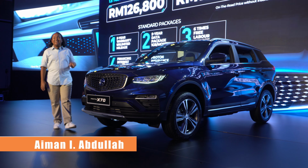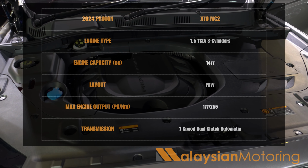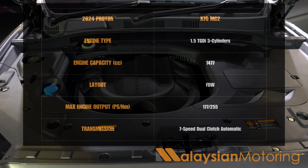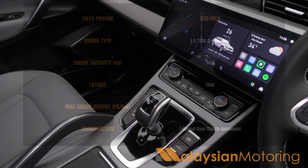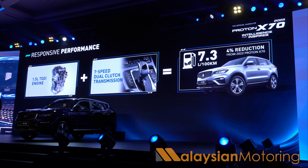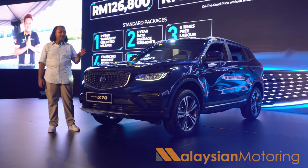Now, some things on this car haven't really been changed, and that has a lot to do with the powertrain. Up front, we'll still find the same 1.5-litre TGDI 3-cylinder turbocharged petrol engine, producing 177 PS and 255 Nm of torque. However, it is now mated to an updated 7-speed dual-clutch automatic transmission with revised ratios that not only improve fuel economy, but also improve overall smoothness and a lack of vibration. A key feature of the new X70 is updated refinement, which is what they're talking about more than even this